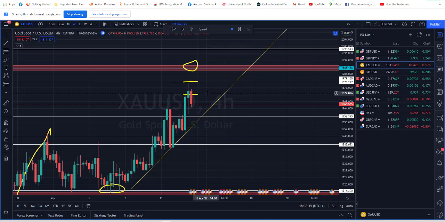I want to place a trade. We've seen the analysis we've done so far, right? However, remember that I said that if I want to take a buy trade now,